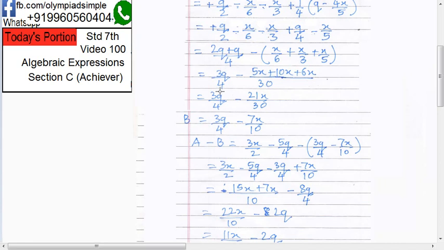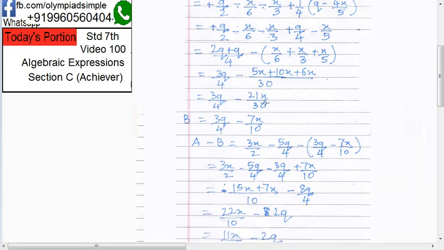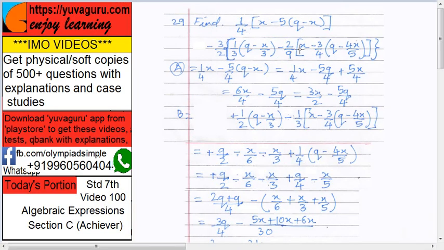Next, 3q upon 4, to solve this you will get 21x upon 30. So B is now 3q upon 4, this gets solved, 3 7s and 3 10s, 7x by 10. But do we want this A and B separately? No. What is our question? The question is A minus B. You have to solve this. This was A and now we have got B.